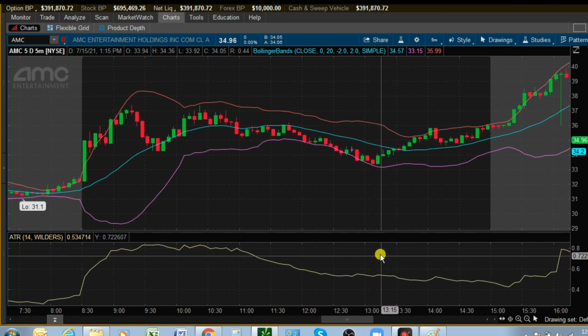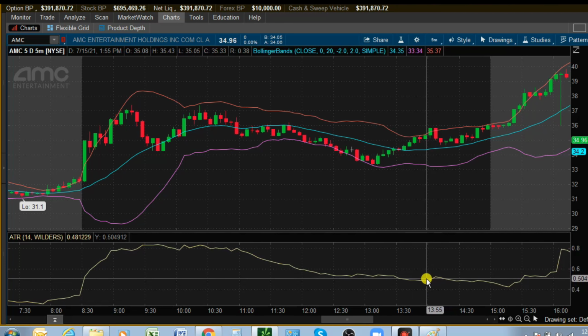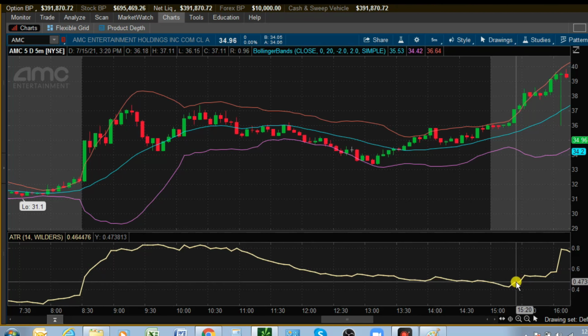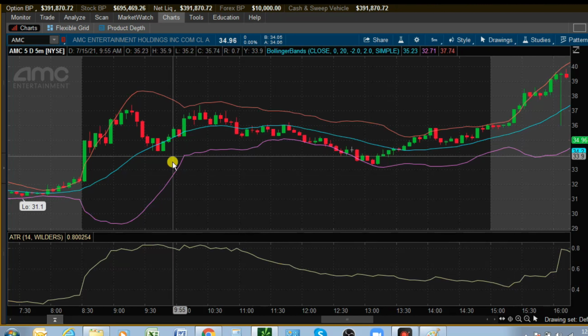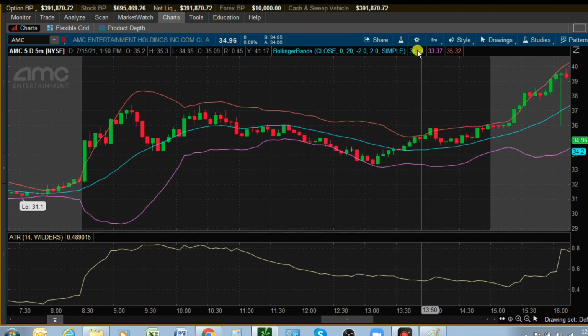It started to dip here, so it's one of those fake moves, and it increased right here at this particular point. But this is where you find that the Bollingers and the ATR kind of agreed. Okay, but if you play with this a little bit, you'll build a relationship with these two indicators. I love this one when I'm scalping, and I love this one when I'm swinging, doing a swing trade or whatever. I'll show you more about the ATR later on,